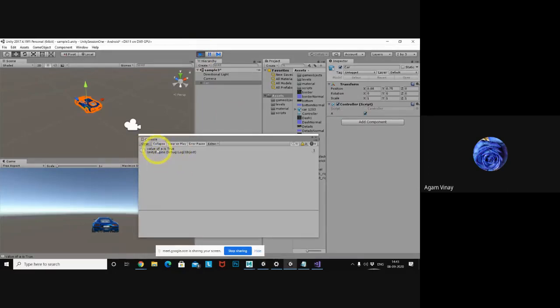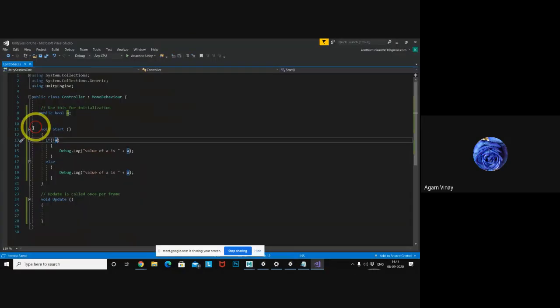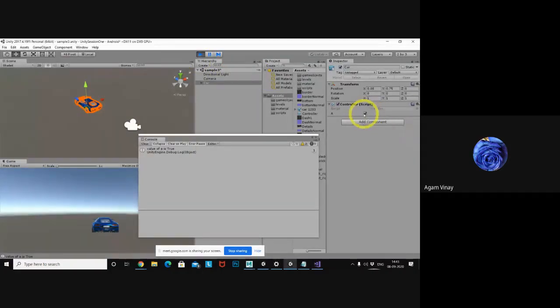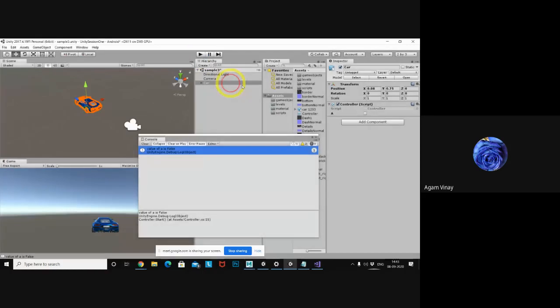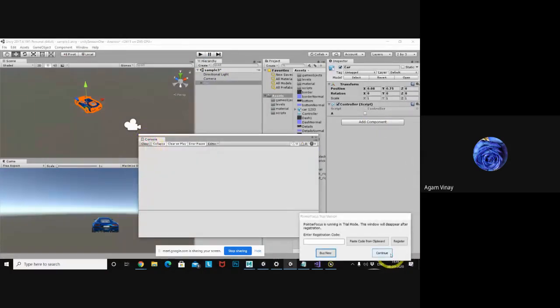True will come because the condition checks, it's not false, so it enters this branch. Once it is false, it will print false. So why didn't it come? Because Start will run only one time. If you want to recheck, you need to stop the application and make it false, or else you can write it in Update, so every time it will check the condition.